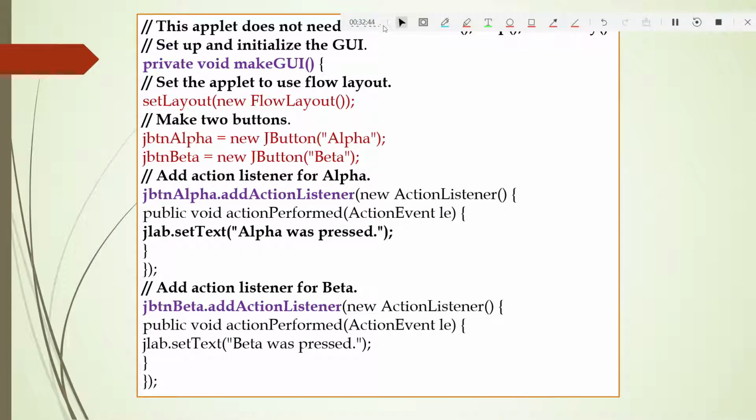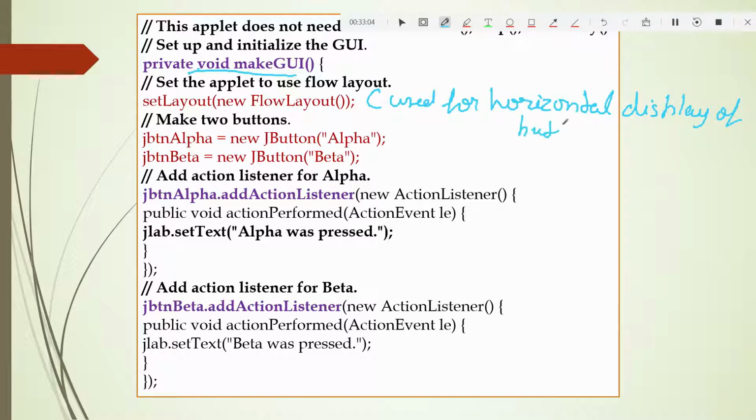This logic is exactly the same as our previous program. Here the flow layout is used for horizontal display of buttons. Then I make two buttons, alpha and beta.